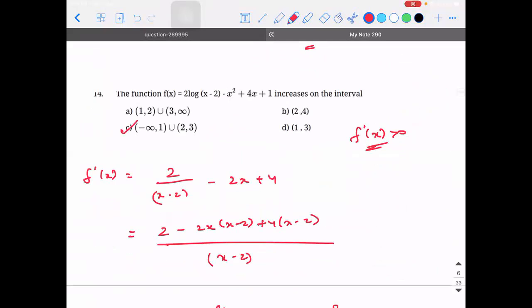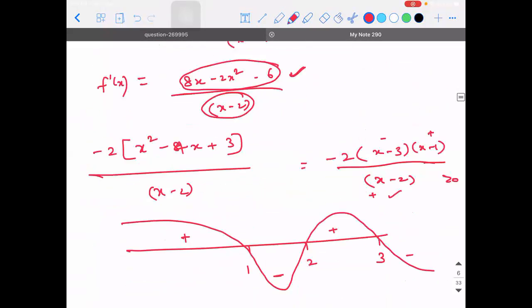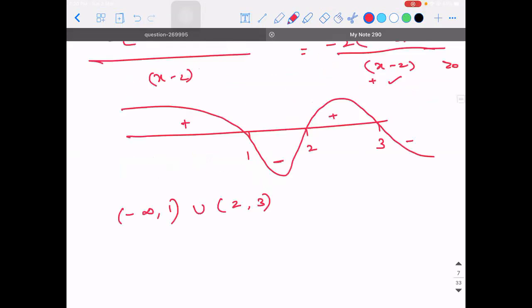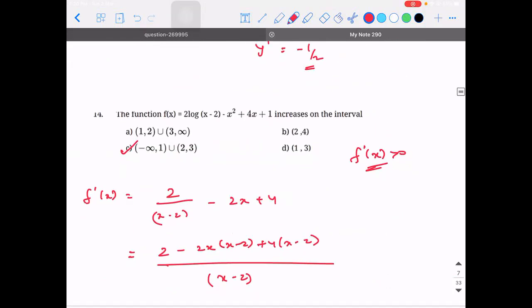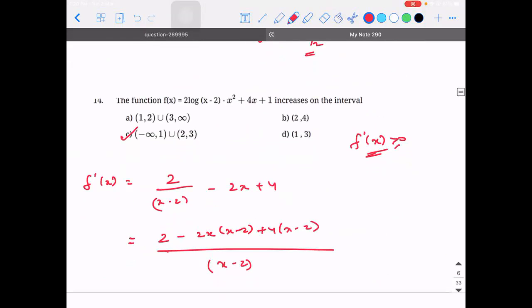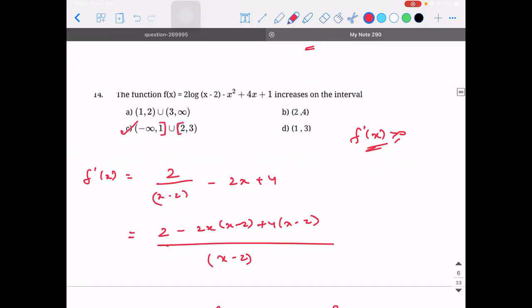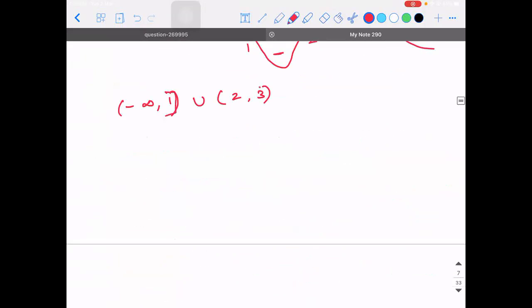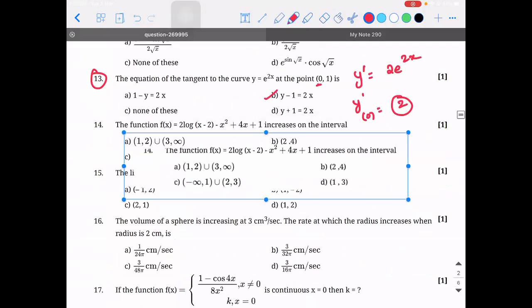So since they have given it like this, we will take. Since they didn't say greater than or equal to 0, then it should be an open bracket. Because increasing means we have to take. So did they say increasing? Increasing, then greater than or equal to 0. It should have actually been like this. Sorry. 3. Okay. 1 is included, 2 is not included, 3 is included. Okay.